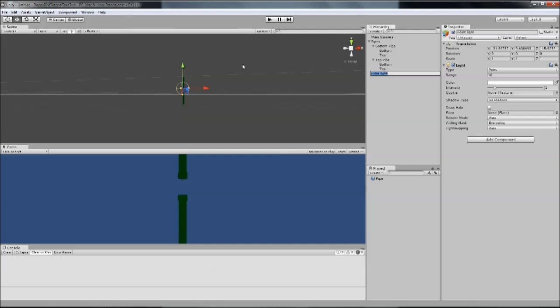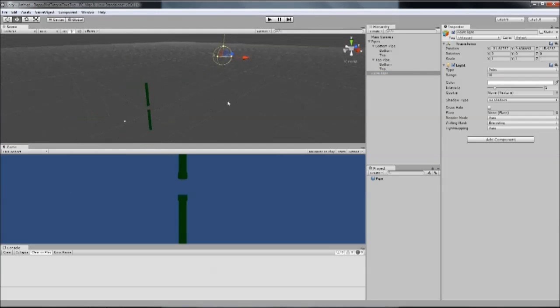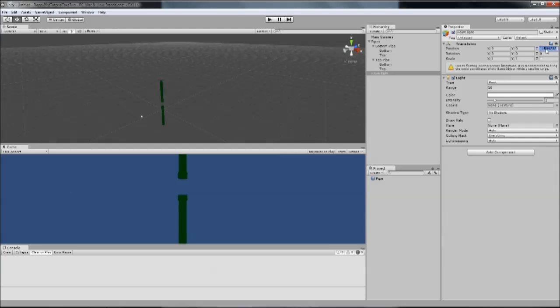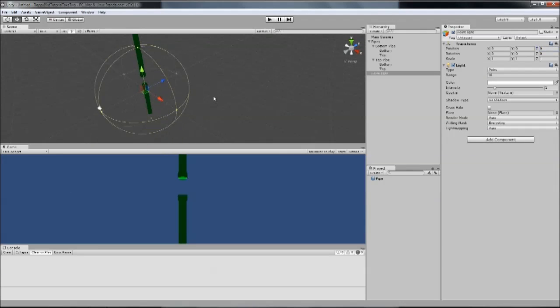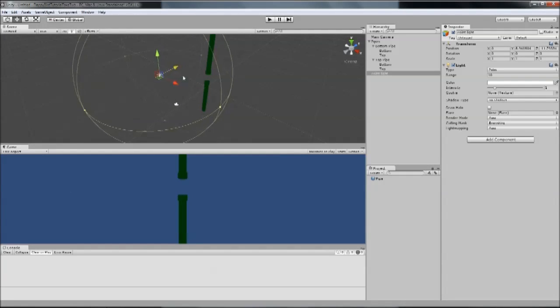We grab our light. It's in some point in space. I have no idea where. So as usual, I'm going to zero it. We always need that reference point. So there it is. It's in the middle of the pipe. So you want to treat it like a sun. So you want to put it in a place where everything on the map, since it's a simple game, will get illuminated. So just move it back, and play with it, increase this radius circle,